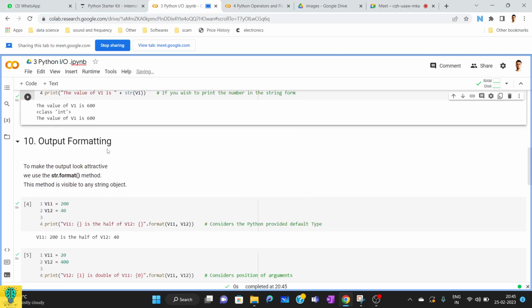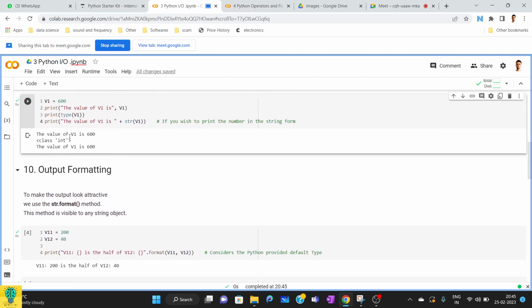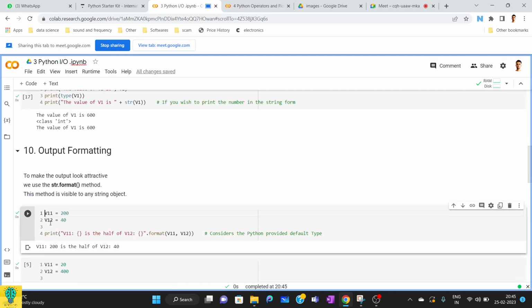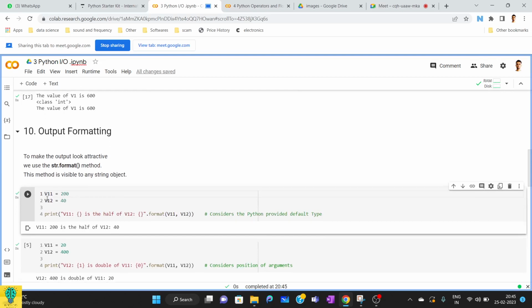Okay, so it's not like you always want the output to be printed at last. Sometimes you want it here. So if there are variables named v11 and v12, where v11 has 200 and v12 has 400, I want it to be printed like this: v11 is equals to 200 and v12 is equals to 400. Okay, so I want this value, whatever the value, to be printed. One way to do it is